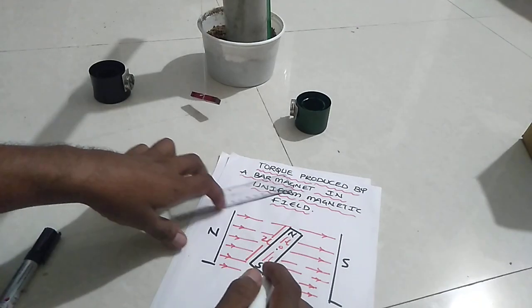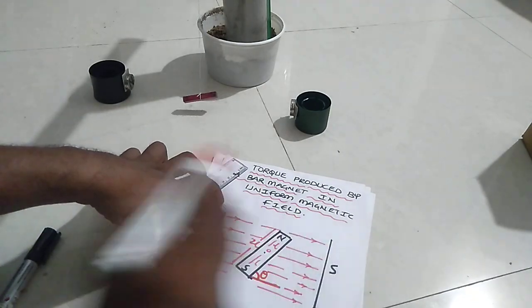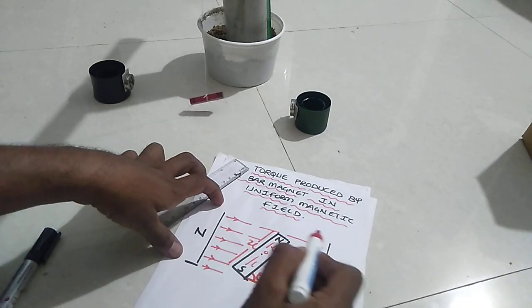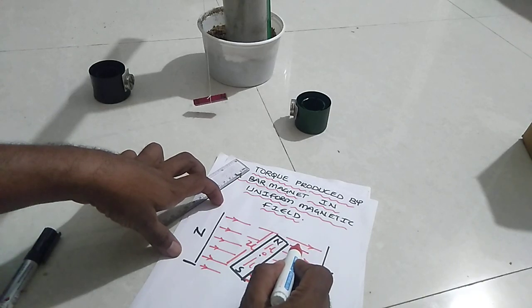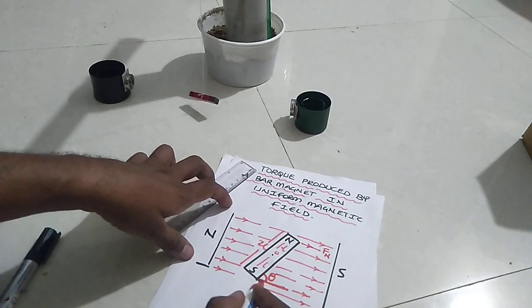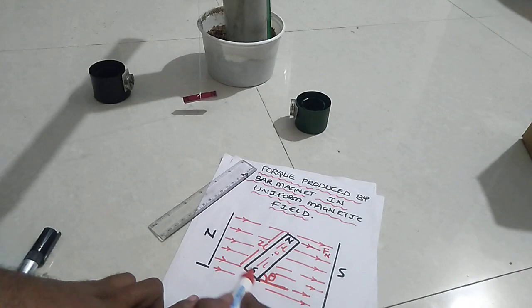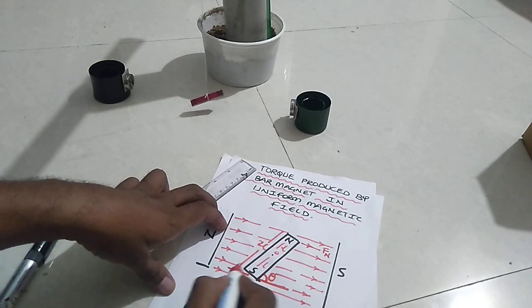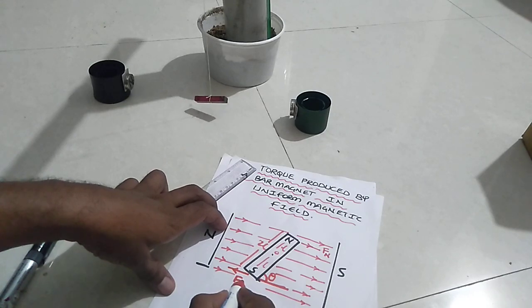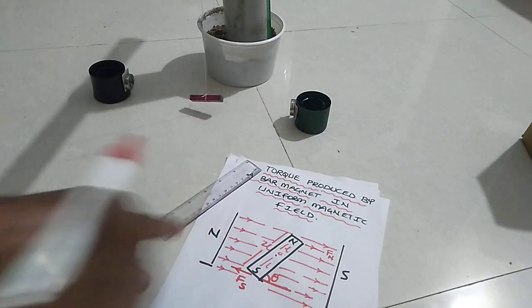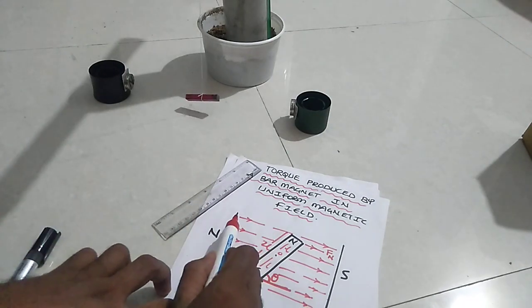Now you all know that there exists a force. This north pole is attracted towards this south pole. This is the force on the north pole of the bar magnet. Here this is the south pole, and this south pole is attracted towards this north pole. Then obviously in this direction the force is acting due to this south pole, towards the north pole. So observe carefully what is going to happen here.